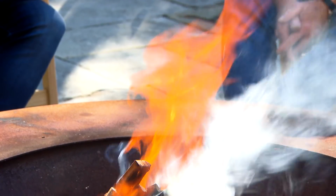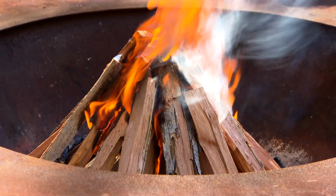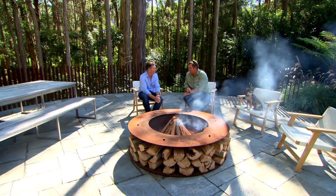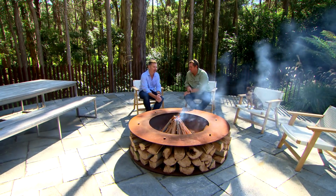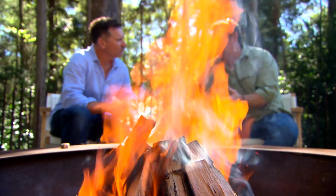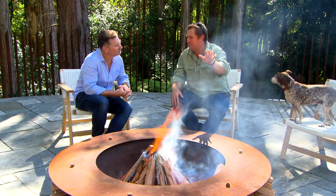The best part about a fire pit, we can sit here and actually have a proper conversation and be able to get to know people and actually understand what's going on in their life. And that's what outdoor design should be about, bringing people together, providing a space where you can actually connect with friends and family. And I know people crave no maintenance, which is near impossible, but that is relatively low maintenance,